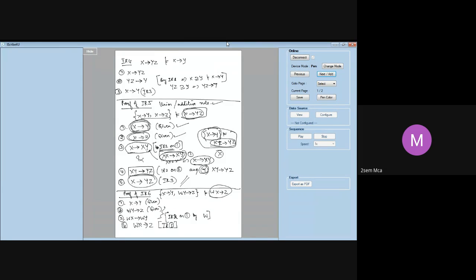Wx determines wy, the third one. The second one is wy determines z. So wx will determine z. That's what is asked. Very simple. Just one step. You have to apply the augmentation rule, IR2, on the first one by augmenting it with w. Augmenting with w means add w on both sides of the given dependency. That is all. So these are the proofs of the 6 inference rules of functional dependency. Any doubts at this point? Any questions?